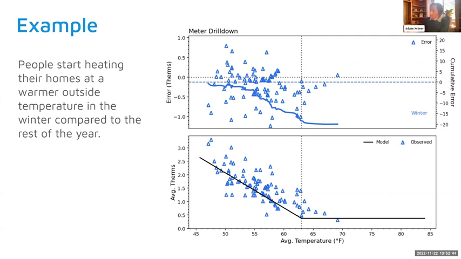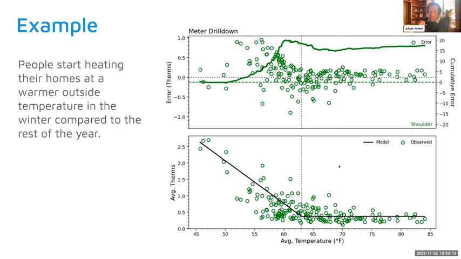And we see that in the winter, we wind up with a whole bunch of data points that are too high around the balance point temperature. And then even as we go into the very lowest temperatures, the model tends to be a little low. So we're under predicting consumption in the winter, and we wind up with negative bias in the winter.